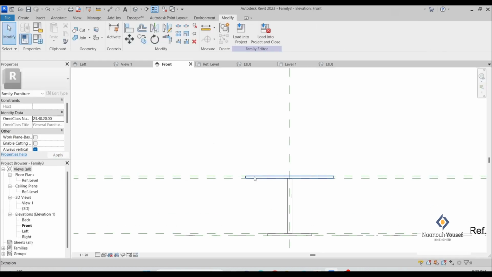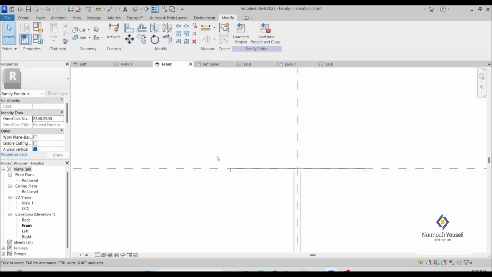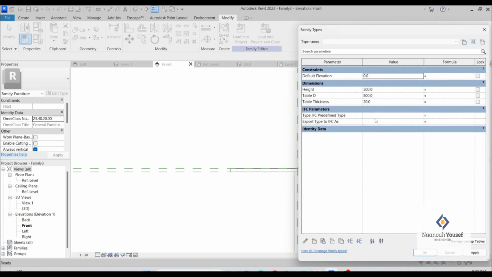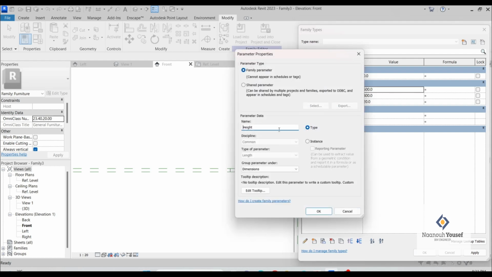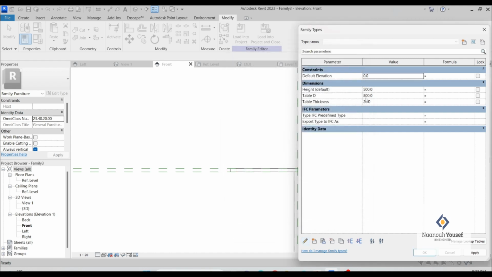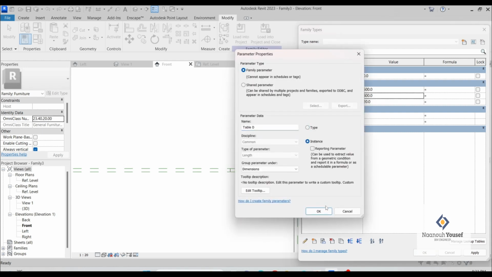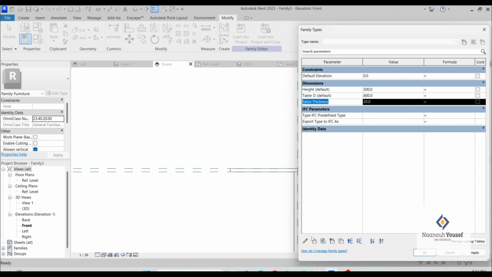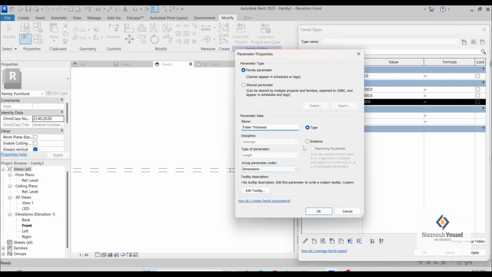You remember when I told you please pay attention? If I go to family type here, and I check the height or the table diameter, I will go to edit. You see that I made it a type. If I make it an instance, you are going to control each table or each family alone. So I'm going to make them all instance here. Also the thickness, I will make them instance,